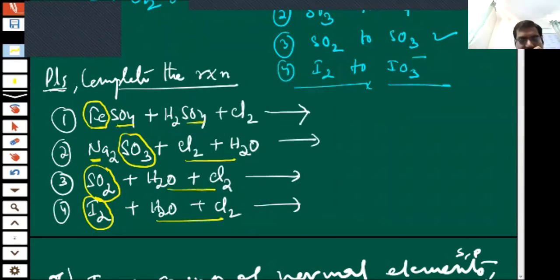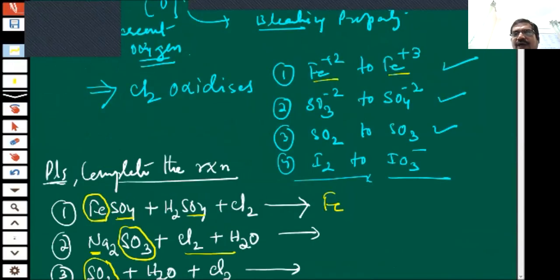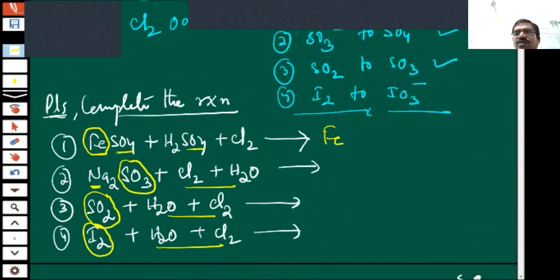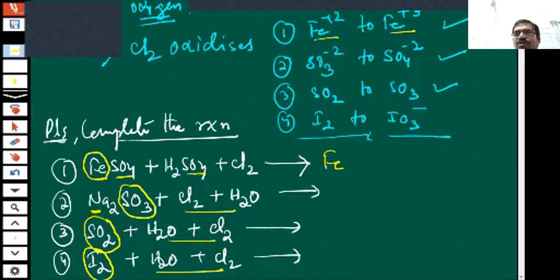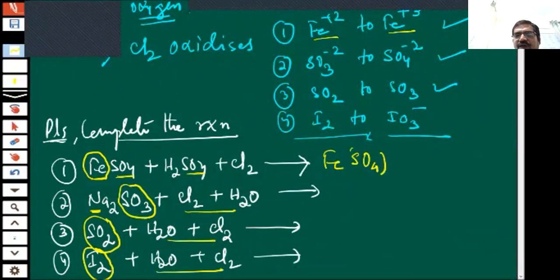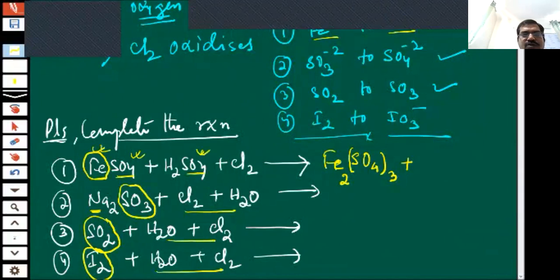Oh my God! See, the answer will be: ferrous will be converted into ferric. If it is converted into +3, then an anion is there to satisfy the positive valency. So it will become ferric sulfate. And what is the formula of ferric sulfate? Okay, this is the formula, ferric sulfate. So we have completed the work of iron and you have utilized the sulfate also.